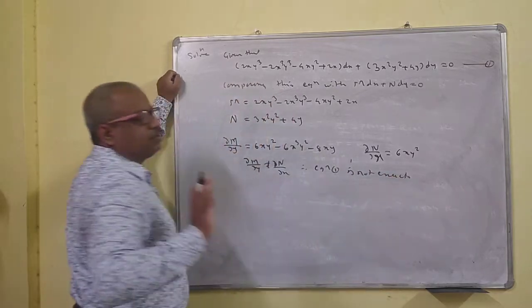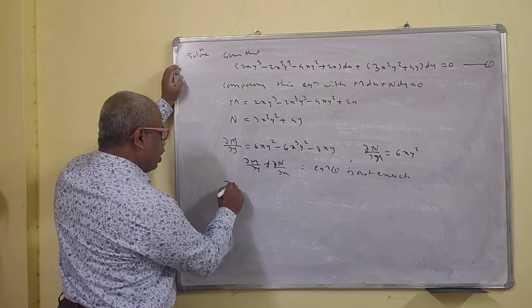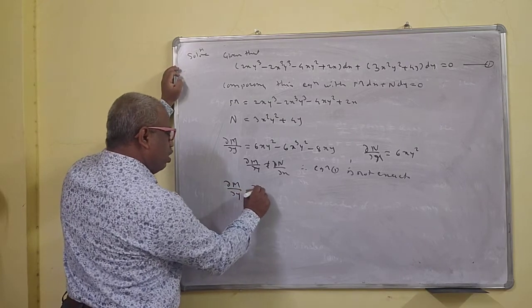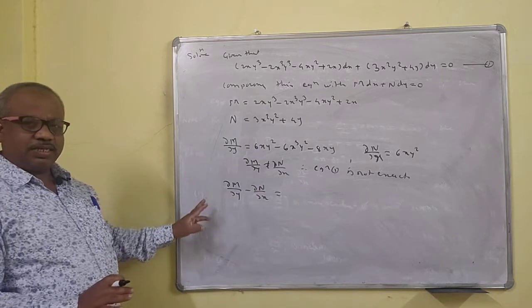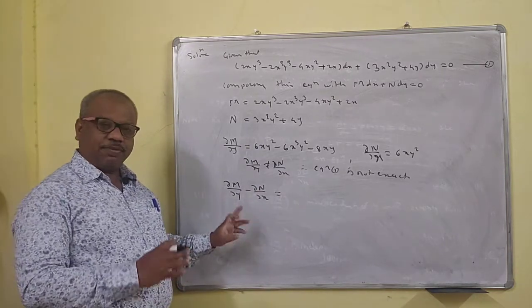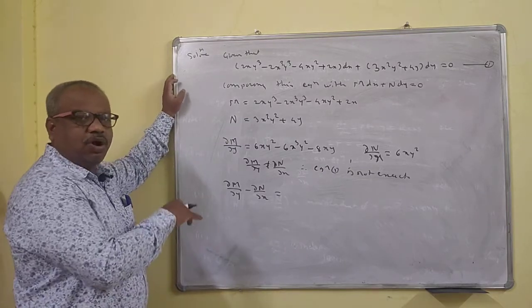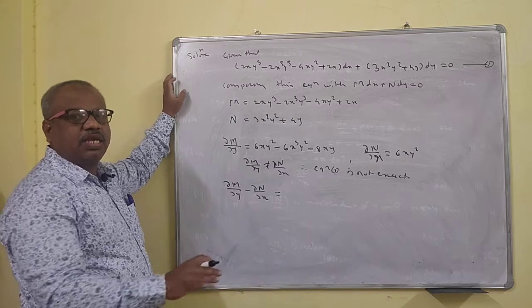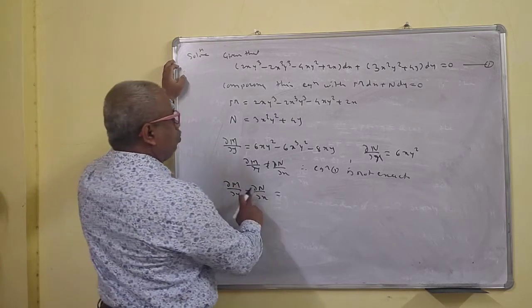At least you can do this. So what will we do? We will find ∂M/∂y minus ∂N/∂x. Find this difference. We will decide whether, after dividing by N or dividing by M, it is a single function of x or y. If it is a single function, there is no problem. So we have to do the subtraction.